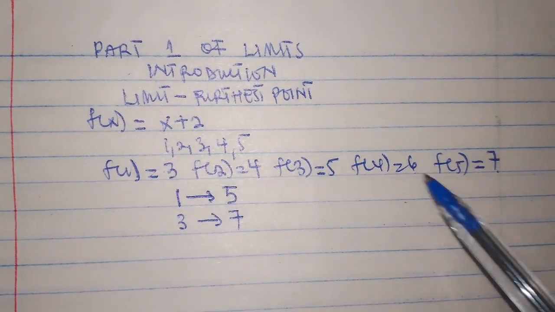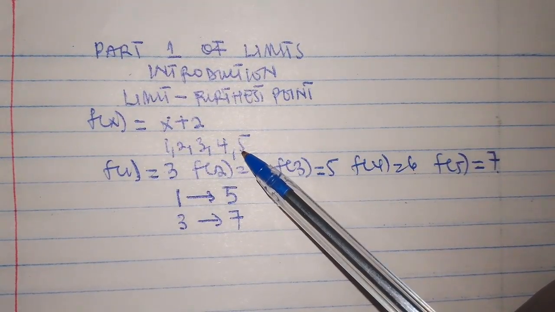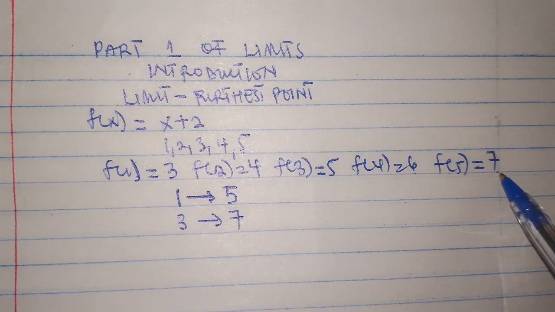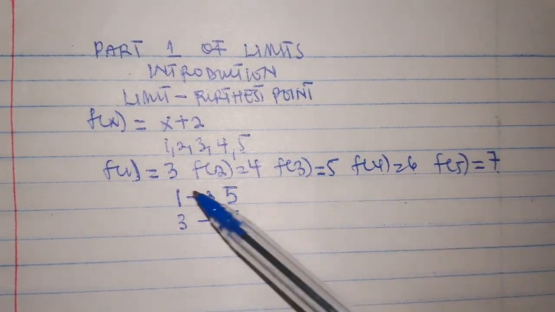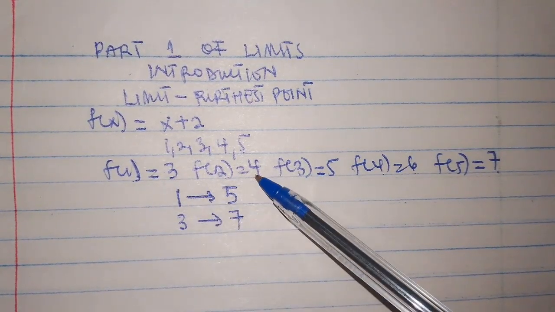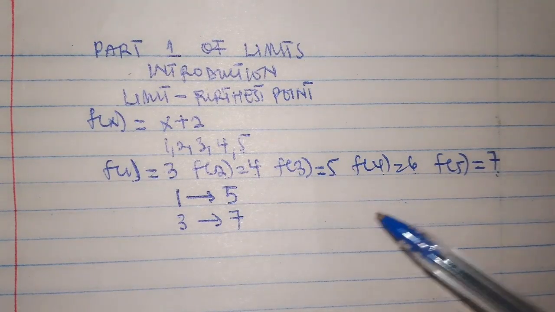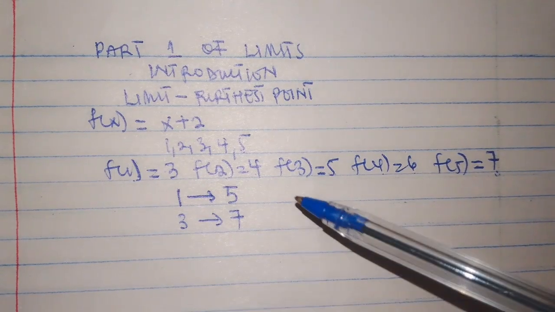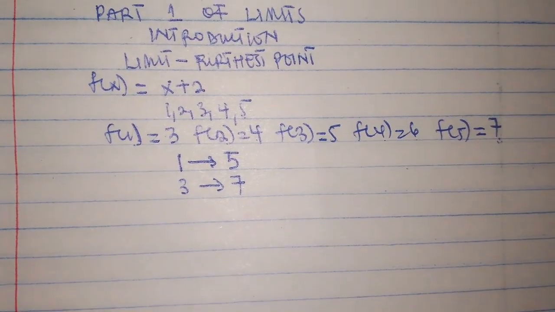You can see 3, 4, 5, they are increasing, and all these numbers are getting close. Let's take 5, you can see that 5 has the value 7. From 1, 2, 3, 4, as we took their values as 3, 4, 5, and 6, all these values approach the 7. So if you're asked to write a limit,